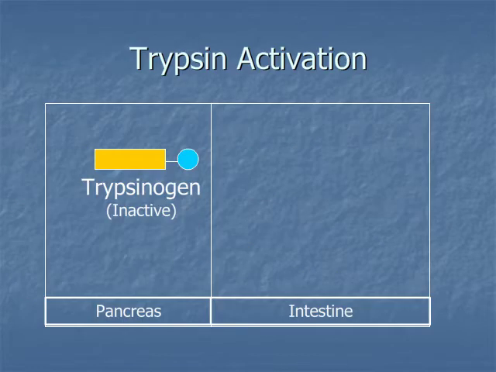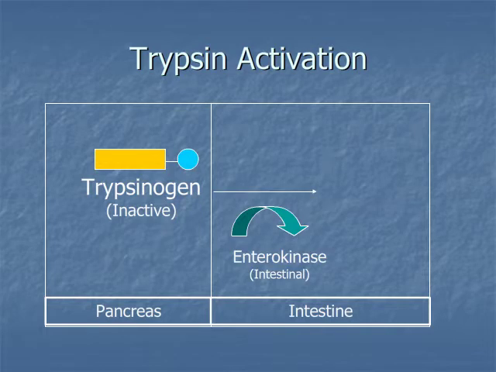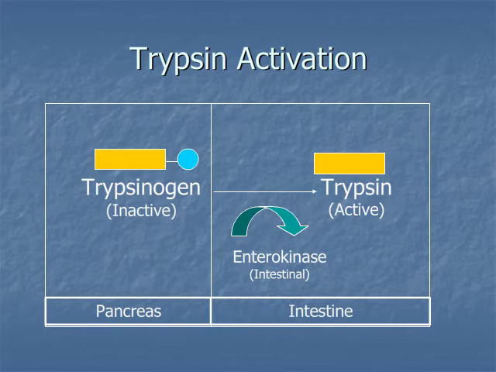So the most important digestive enzyme produced by the pancreas has got to be trypsin. And trypsin is an enzyme that's going to help us to catabolize protein into amino acids. Just like pepsin, trypsin is in fact secreted in an inactive form called trypsinogen. Once trypsinogen enters the small intestine, it will be activated by an enzyme called enterokinase. Enterokinase is a membrane-bound enzyme found within the intestinal epithelium. This will help to convert trypsinogen, which is inactive, into trypsin, which is the active form of the protein-digesting enzyme